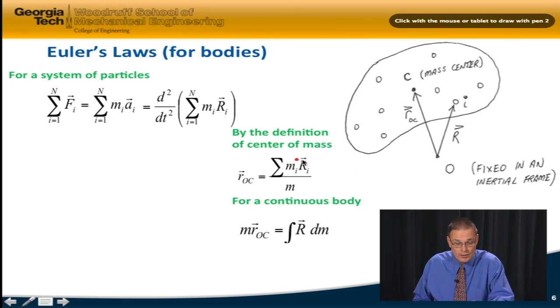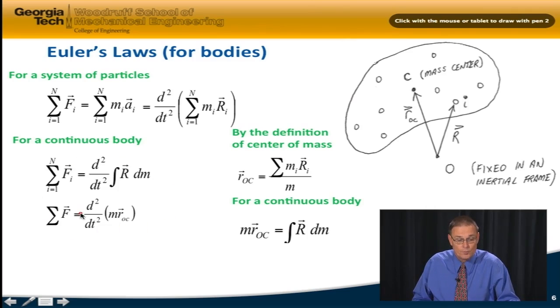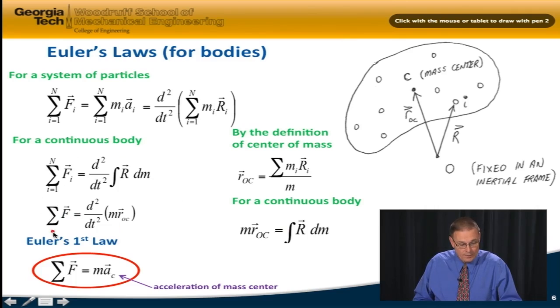Okay, we can now use this definition and put in for the summation of m r for a continuous body, which is equal to M r_OC, or the integral of r dm. And so these are two forms I can write for a continuous body. And then I come up with what's called Euler's first law. If I take the second derivative, remember mass is constant, we're talking about classical dynamics. And so the second derivative of the vector from O to the mass center is just the acceleration of the mass center. So what this says is, for a system of particles or body, the sum of the external forces